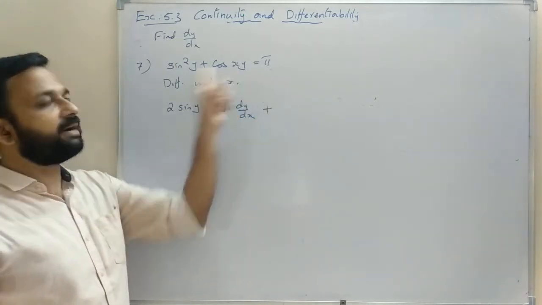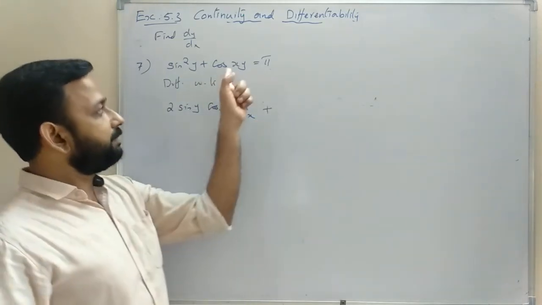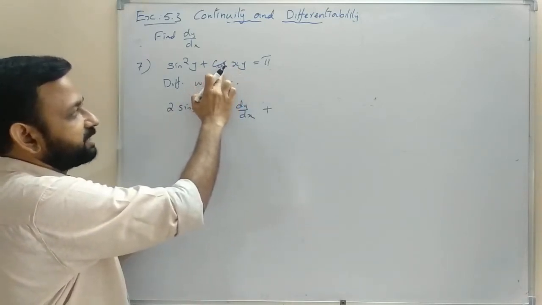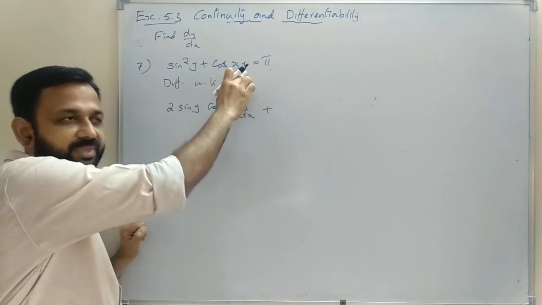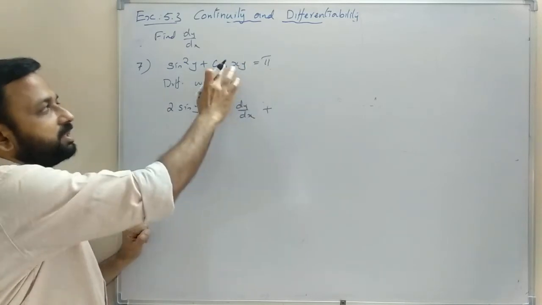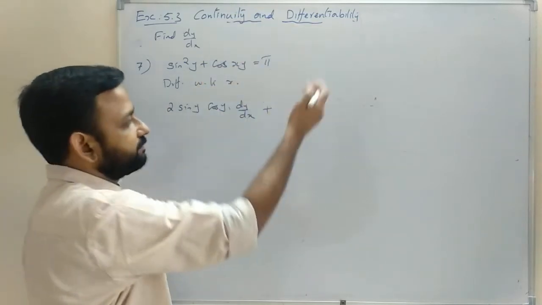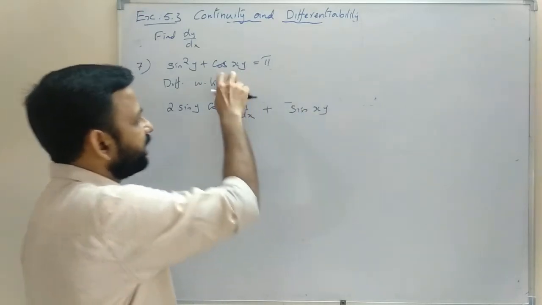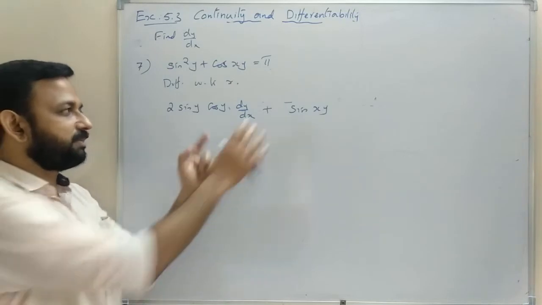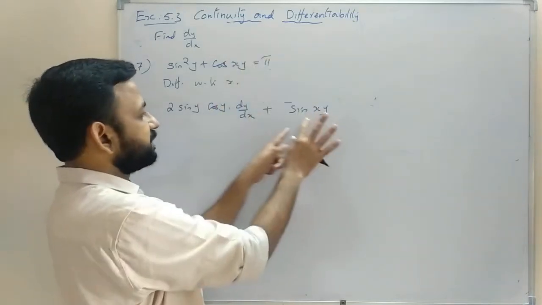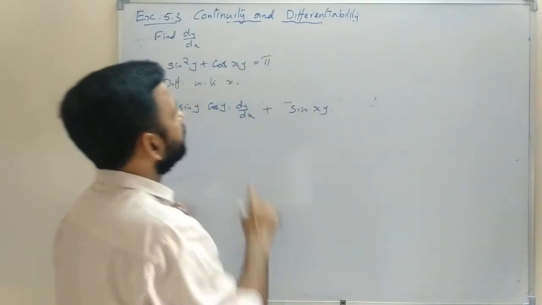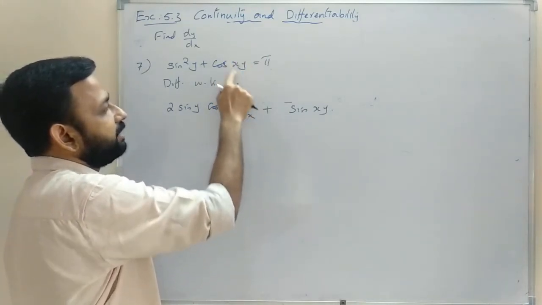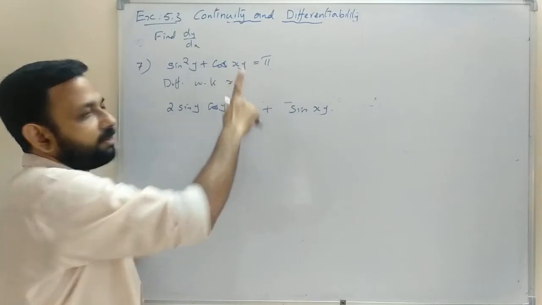Then here also we need to apply the chain rule. First we have a trigonometric function, the cosine function, then x into y. So here we will apply the product rule. So cosine function, derivative of cos is minus sine, then write that expression xy. So minus sine, then here that expression is xy into. Now we have to find the derivative of xy. Chain rule we are applying. So this is xy, so we need to apply the product rule.